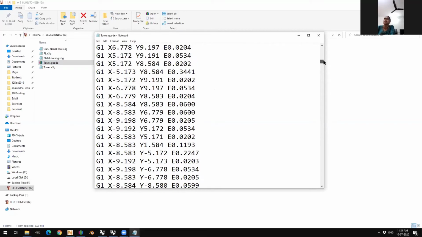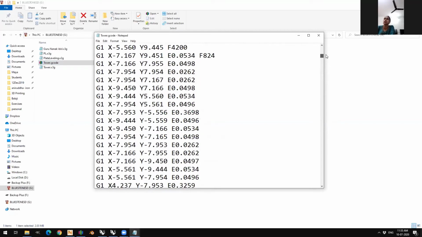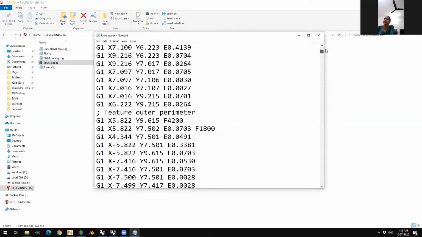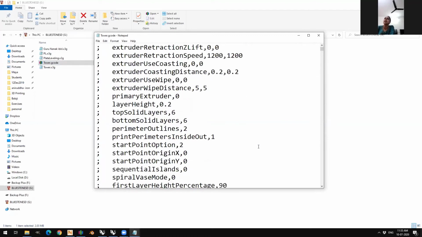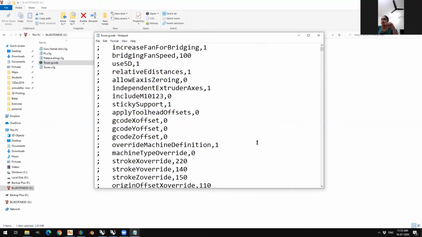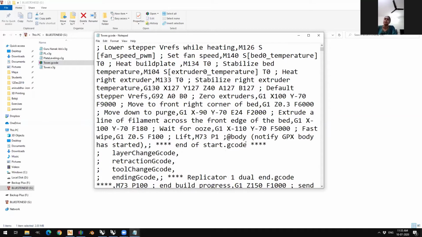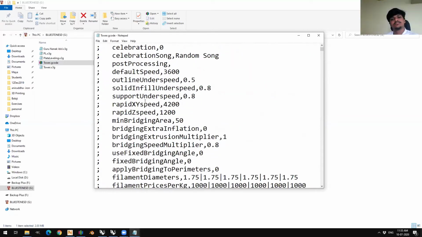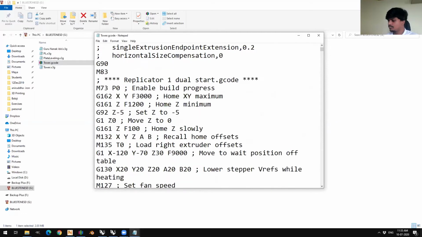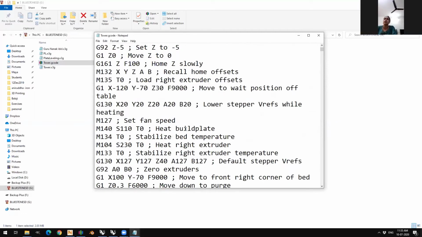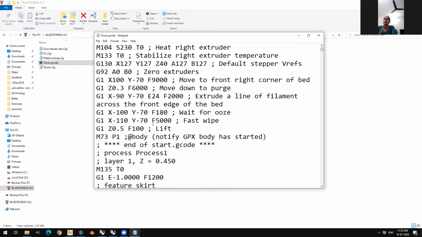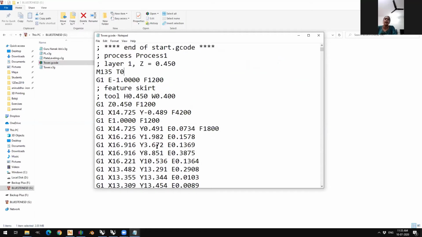Basically, what this information does is it tells the machine how to take which extruder and send it to which area on the bed. So if you can see here, it's telling the machine to set the fan speed at so much, heat the build plate to 210, increase the right extruder temperature to 230, stabilize it, and then once it's ready, go to this particular Z, lift it, and so on.